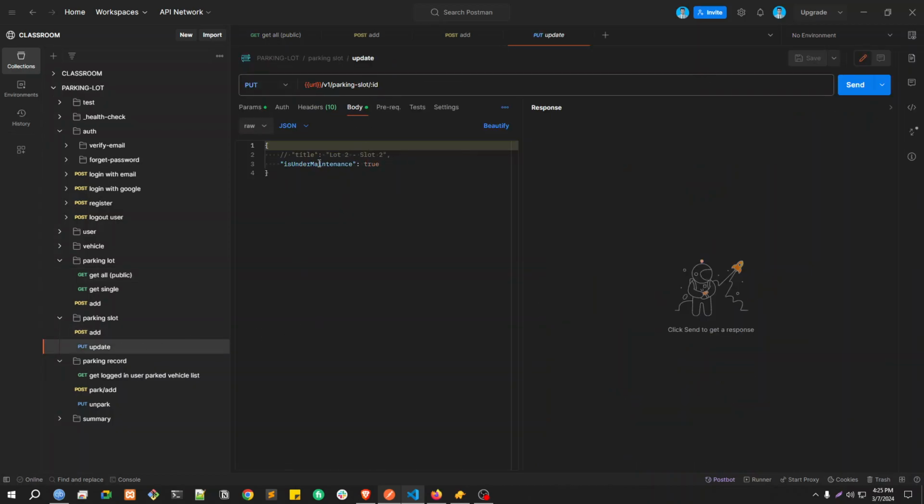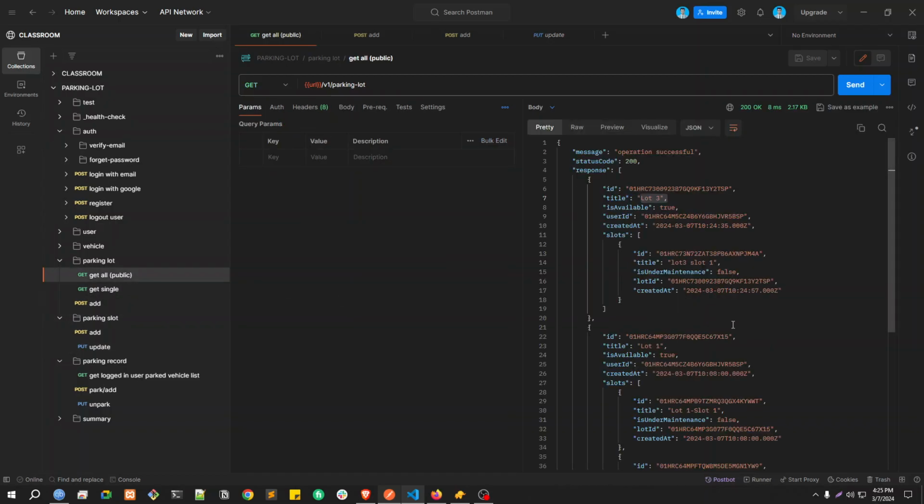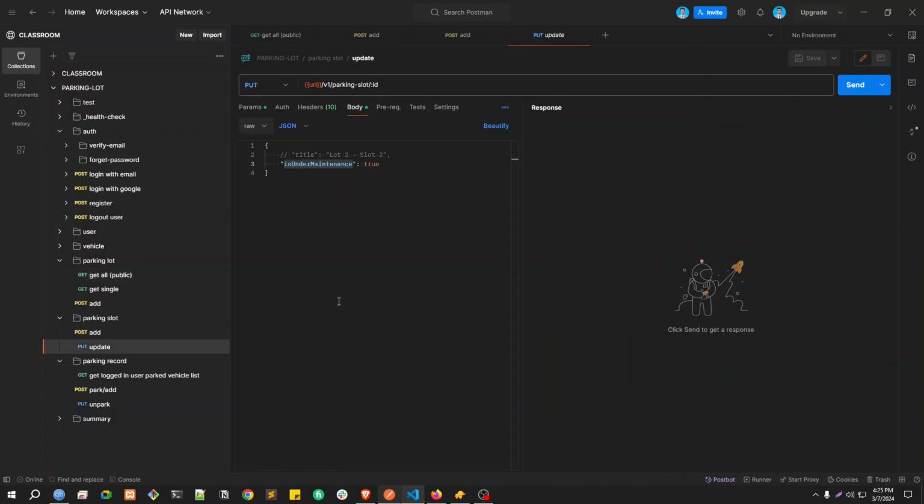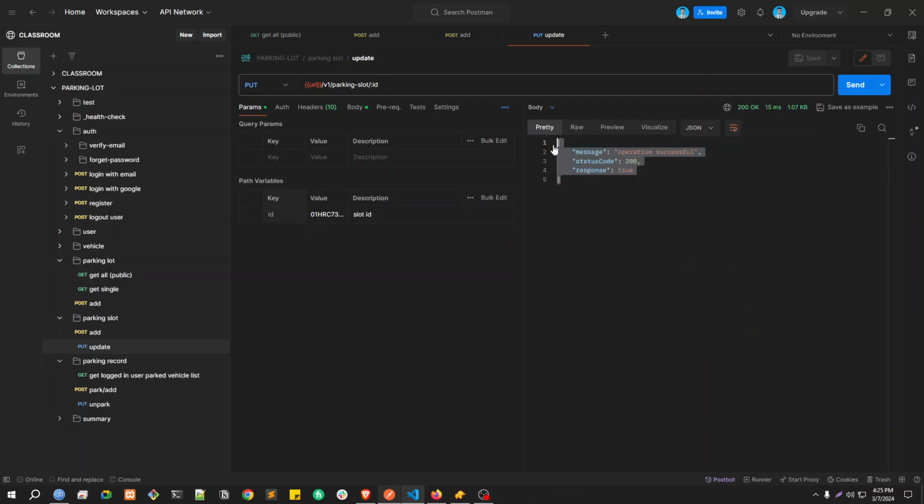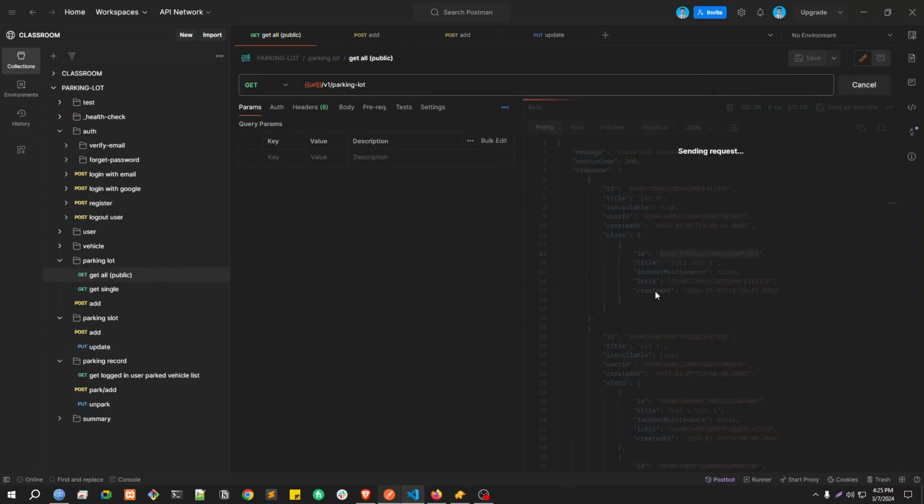Another thing we can do is anytime we can change the parking slot's maintenance mode. Okay, and make it under maintenance true or under maintenance false. Also you can change the title. So let's make some parking slot under maintenance. Let's take this one, then go to parking lot slot update, the ID over here, slot ID,